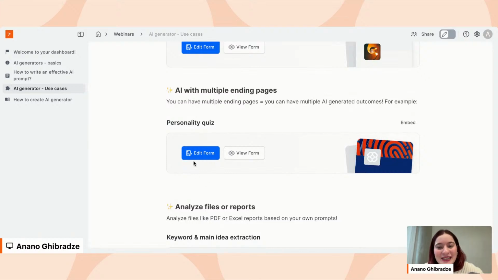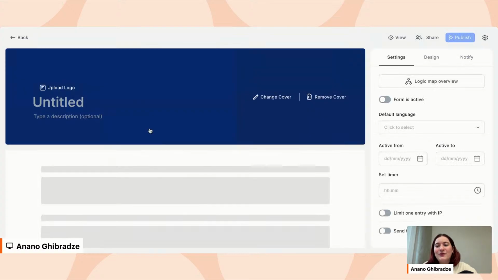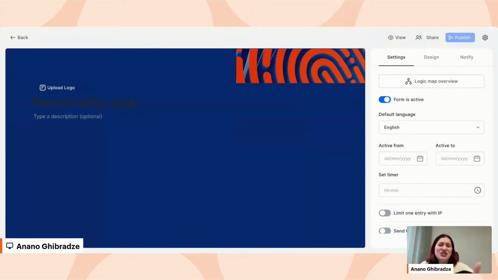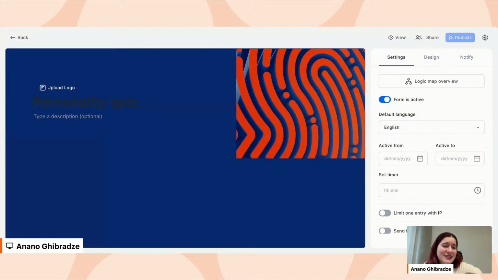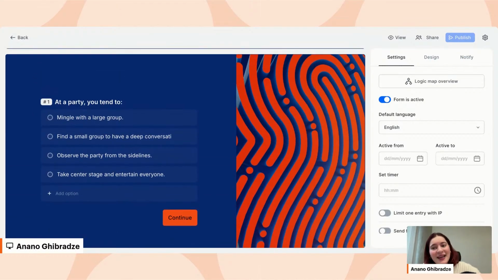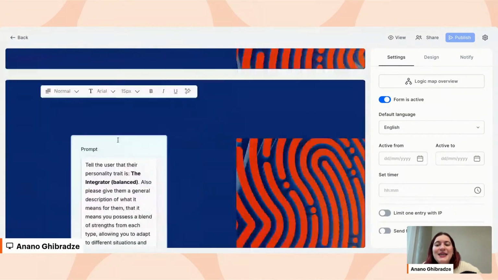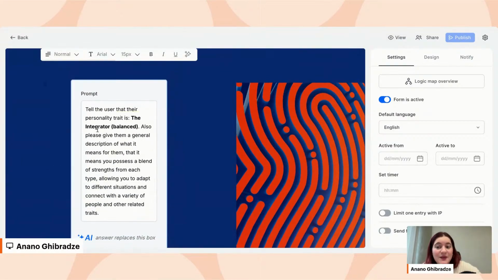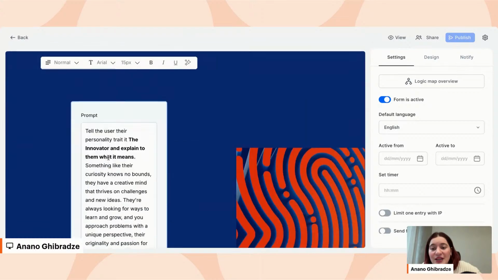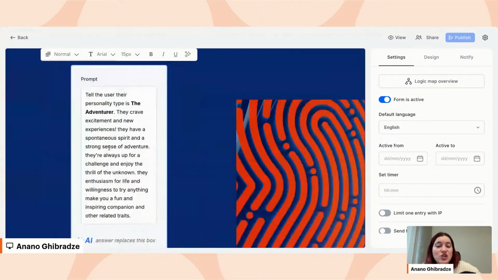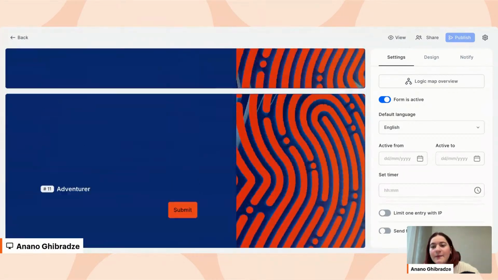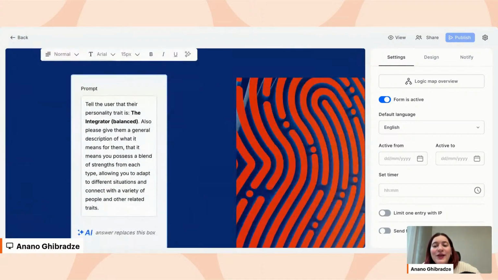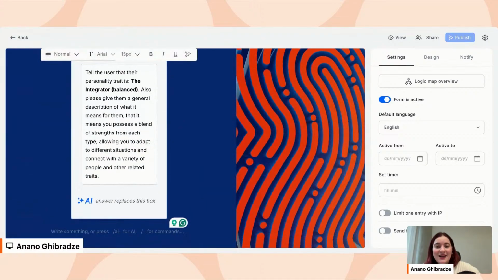Why not? And this example can be a personality quiz. I will just show you how it works. I will show you the form itself. This is just an ordinary personality quiz, a template that you can find. So we will have different outcomes, which are the different personality types. For example, the integrator, the socializer, the innovator, and so on and so forth. We have 5, I think. And we're going to ask the AI